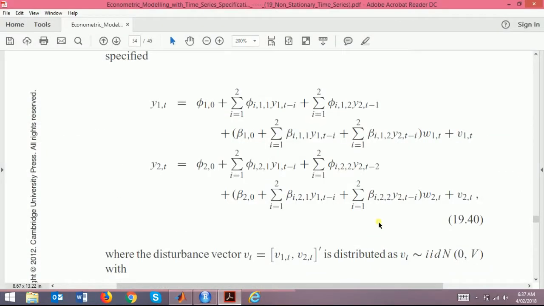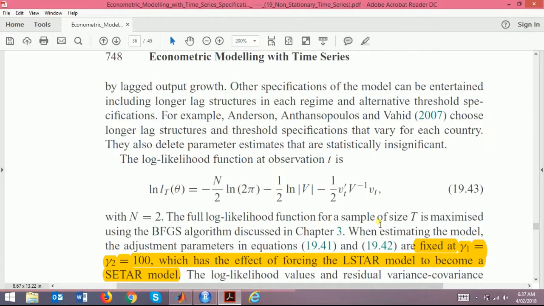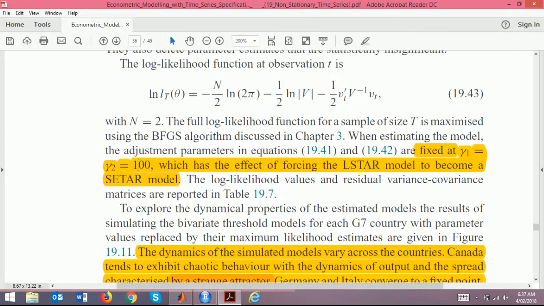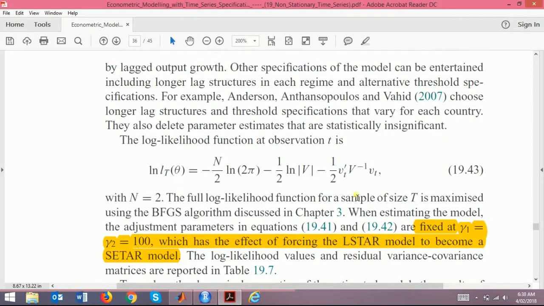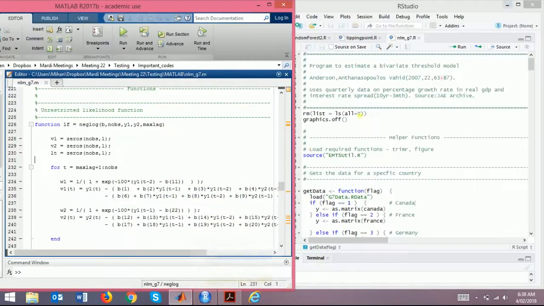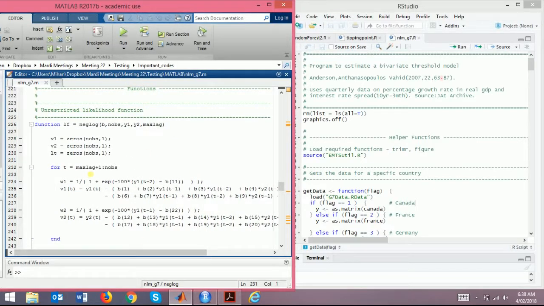So we are allowing our maximization to find out the maximum number of lags for us, so that we know what advancement has been done in this model later. In 2007, longer lag structures were used by the authors of this model. So we're gonna allow the system to find this maximum lag for us. So for maximum lag plus 1 to number of observations,